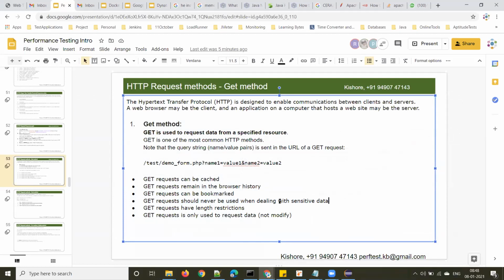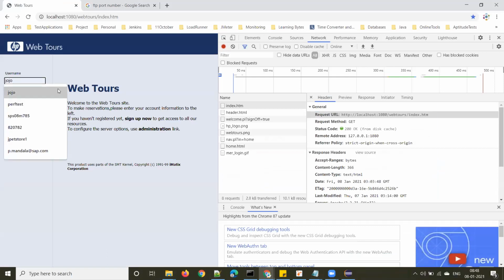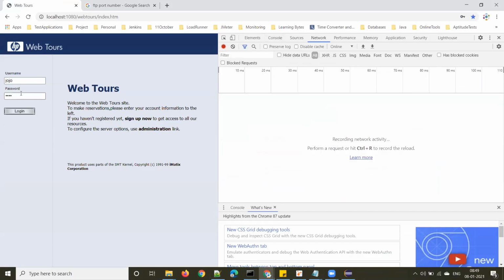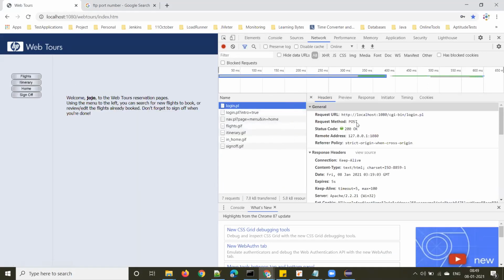That's why, when you are submitting the credentials, as we observed yesterday, what is the request when we submit the username and password? Post. I'm submitting the username and password, so the request method is a POST method.